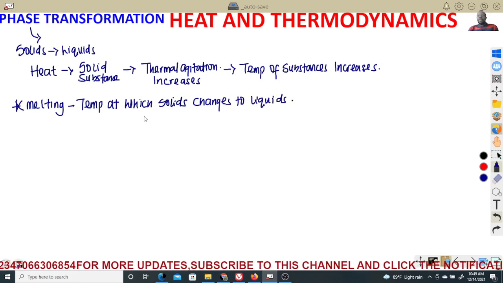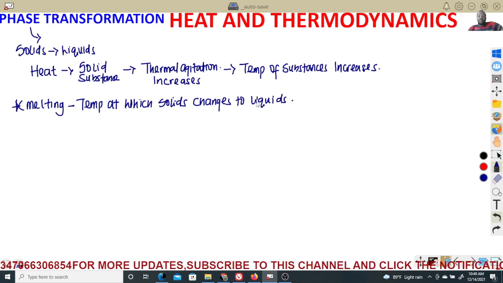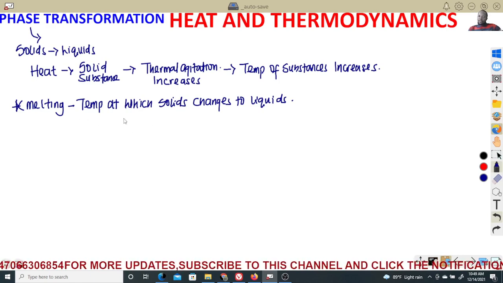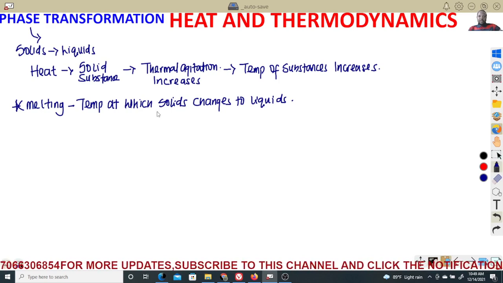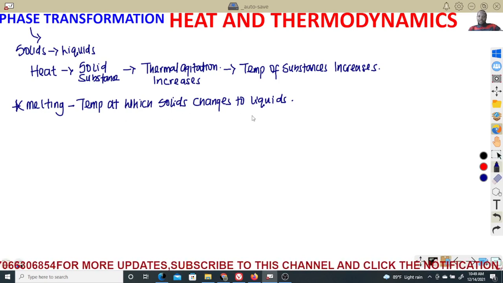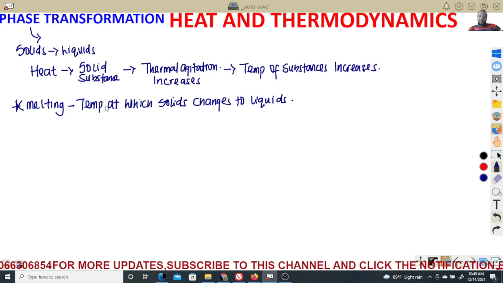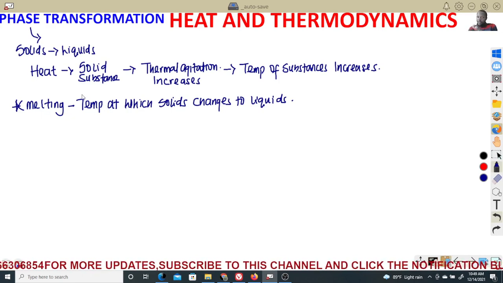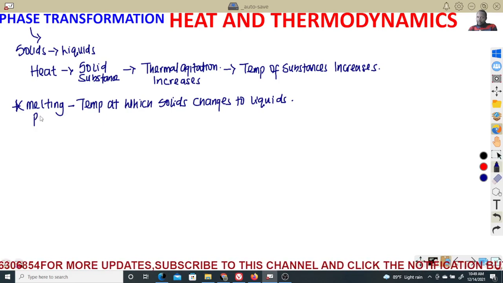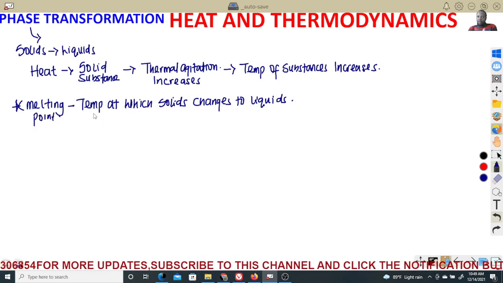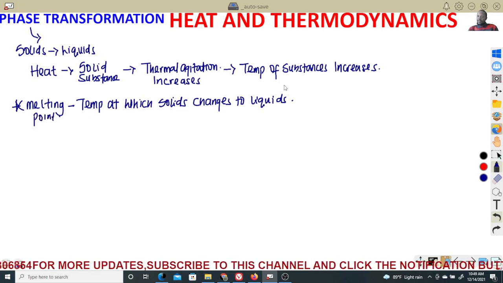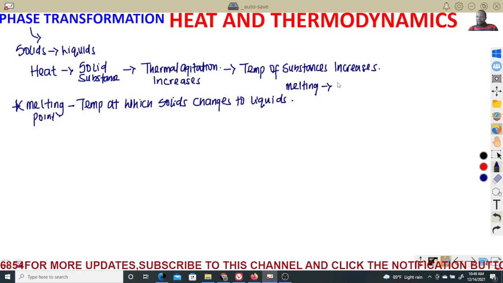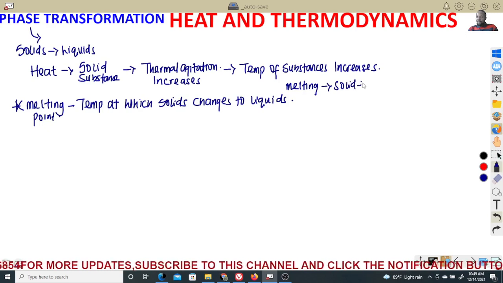To explain this very well, we need to understand the process. A substance melts when it turns from solid to liquid. That particular temperature at which that happens, we call the melting point. Please have that at the back of your mind. Melting is defined as a process in which a solid turns